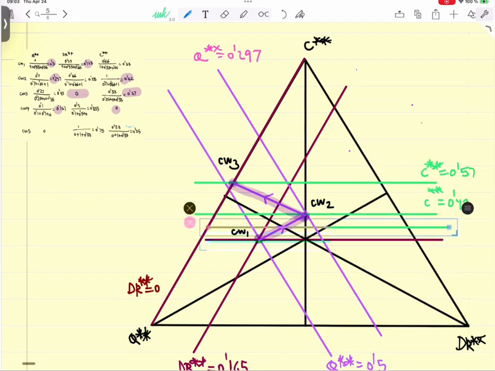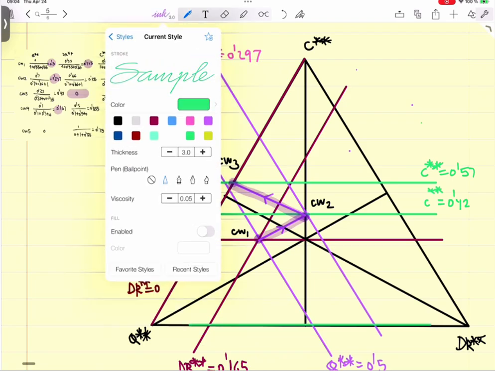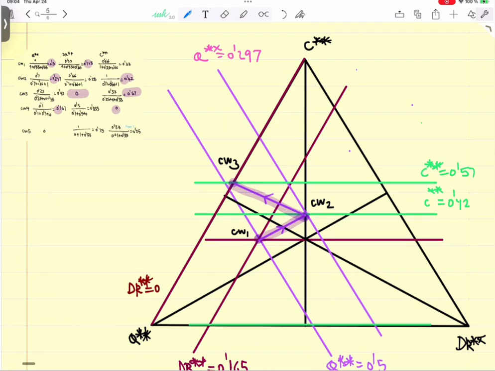So this is going to be cost 0. Cost star equals 0. And the quality star going to be